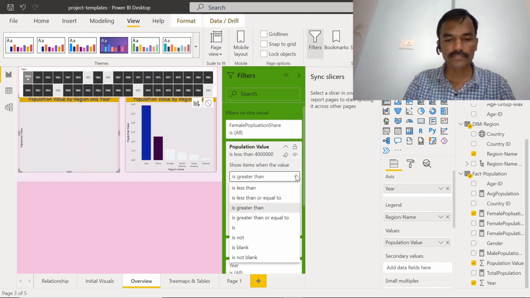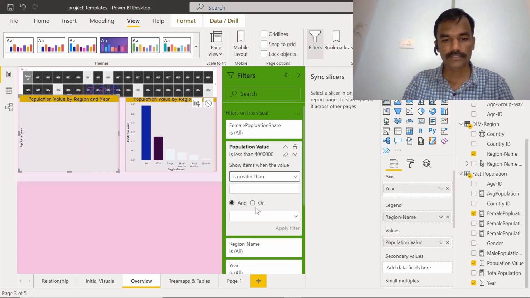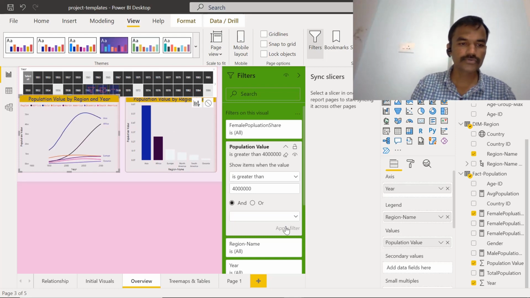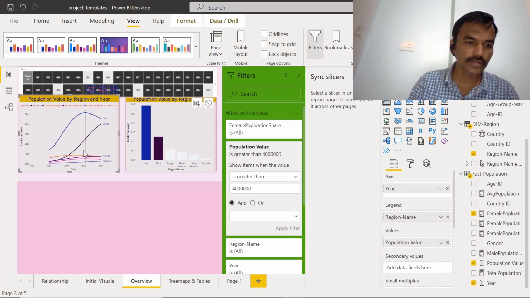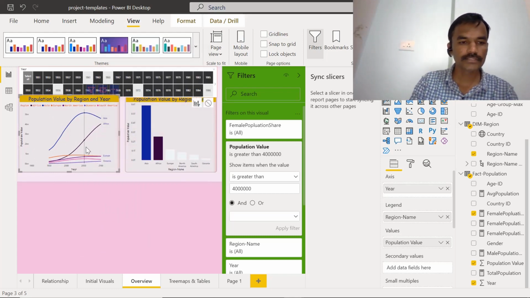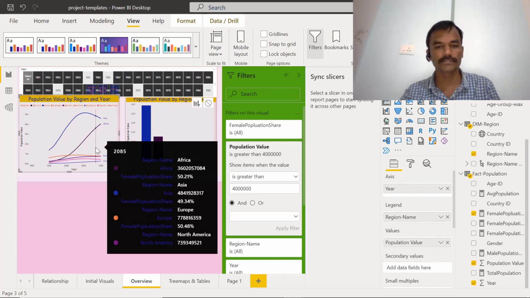I will select one of the operators, let's say is greater than, and I'm just adding a random number, and will say apply filter. Now the values should be after maybe 4 billion or something. This is just for this visual. It will not affect other visuals as well. So this is a visual filter that is applied.